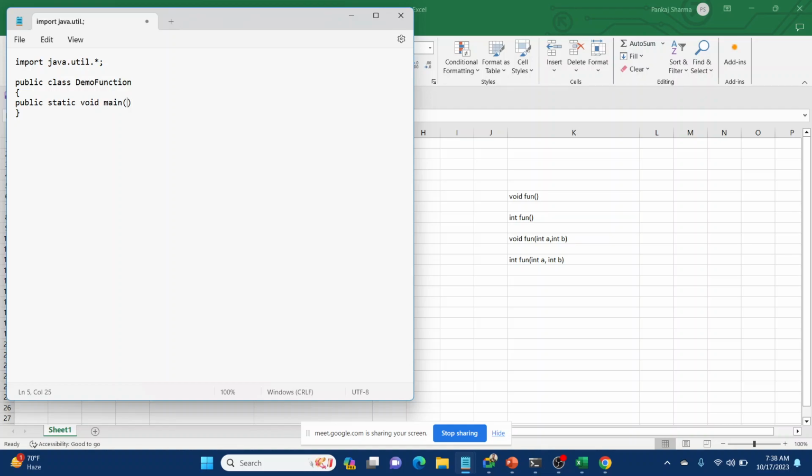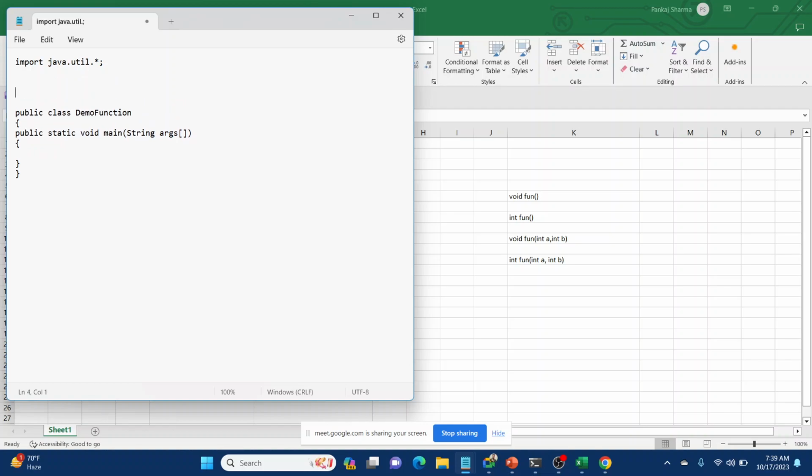On the basis of whatever we understood, it is no return type and no parameter. Our public static void main is no return type with parameter function. So it will receive a parameter whenever it is called and it will return nothing. So this is our public static void main.